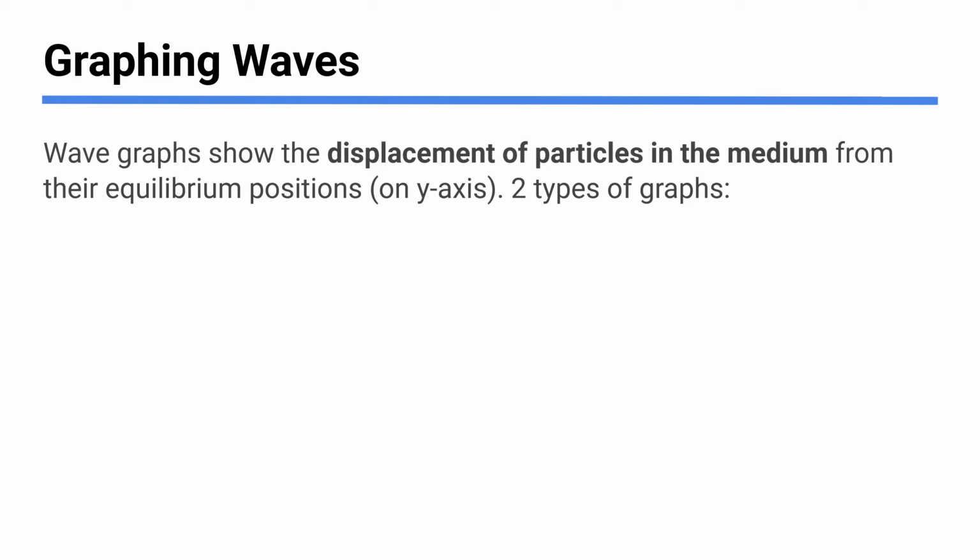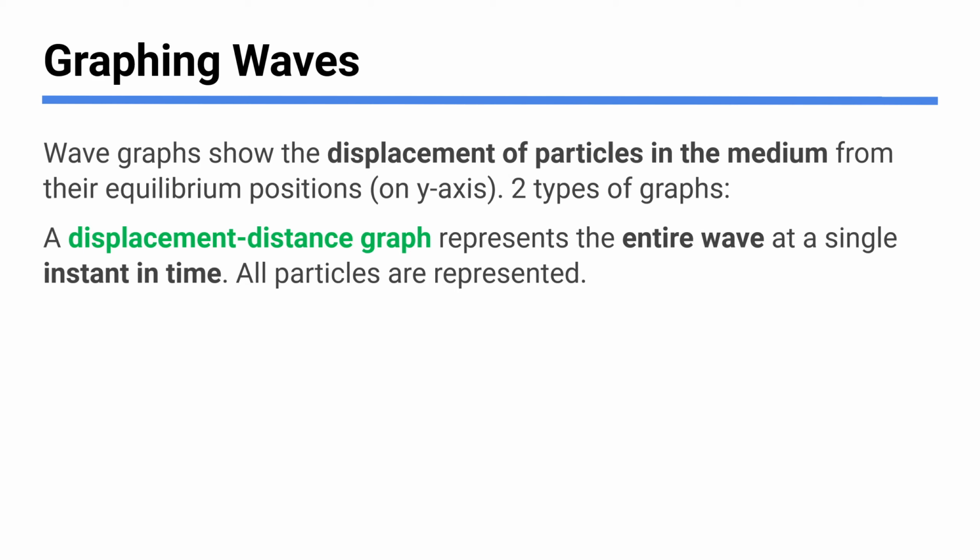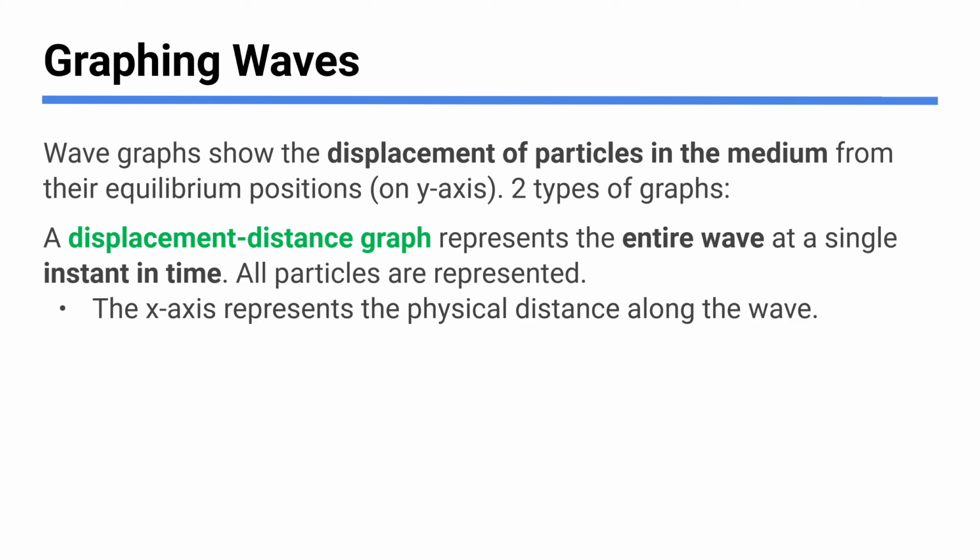There's two different things you can put on x, though. One of them is distance. This is so fun. You can make a displacement versus distance graph. Something in meters on x, something in meters on y, but totally different things. All right, so think of this as a picture of the wave. This graph has nothing to do with time. So what we're really looking at is one moment in time. We're looking at all the particles on a wave at the different locations along the wave. So x-axis is the physical distance along the wave.